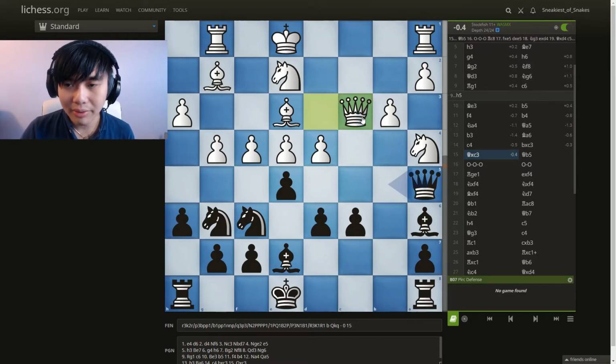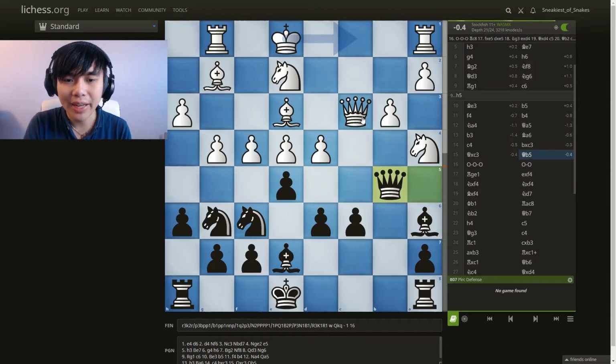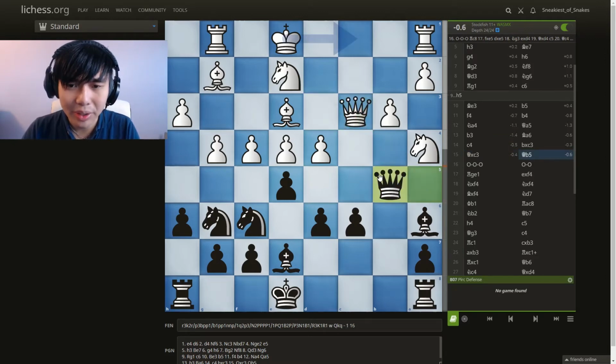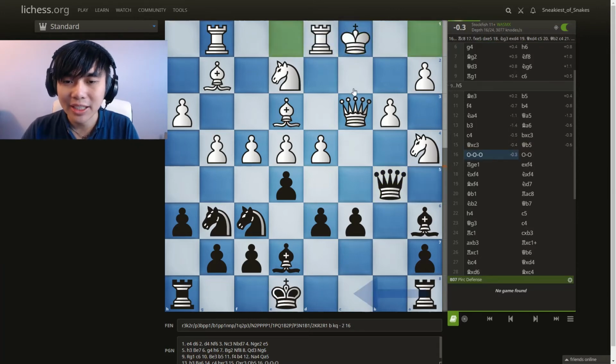So my question is, after queen b5, it gives black a slight advantage here, right? So even though it recommends queen takes c3, it realizes queen b5 is a little bit superior after giving it a little bit of seconds to actually calculate. In this position, it finds that white can castle.